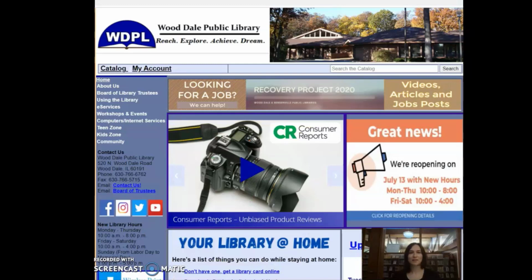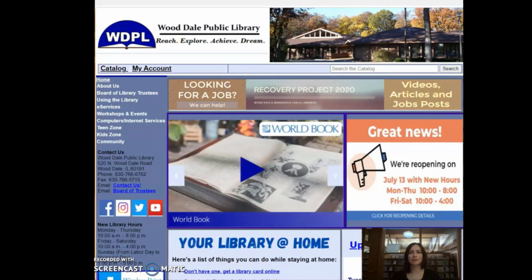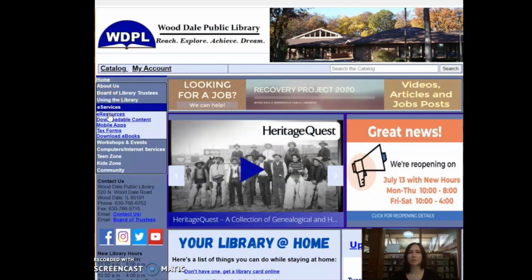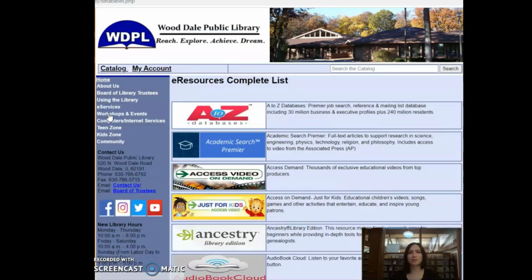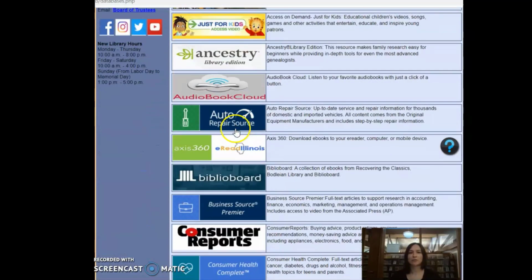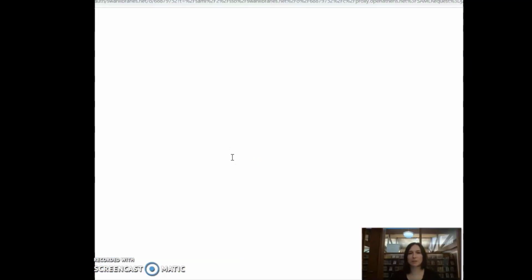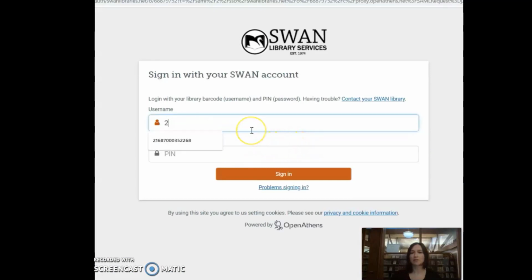Okay, so first thing that you would like to do is go to the wooddalelibrary.org website. That's our website. And then you'll go to the home screen here, and then under home, you'll see e-services. Drop down from that, go to e-resources, and then from there you will see all of our e-resources. You'll have to scroll down to go to the Cypress Resume application, and from there you're going to want to